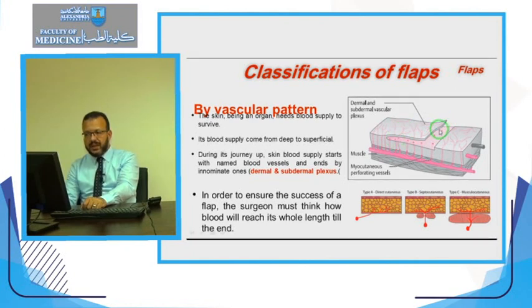But if I deepened my incision and I go through this artery, I will cut this artery, and the blood will flow from here through this artery, and will go through the artery to the flap. So I know this flap is getting its blood supply from this artery to give the subdermal and dermal plexus of the flap its blood supply. So this is called an axial pattern flap.